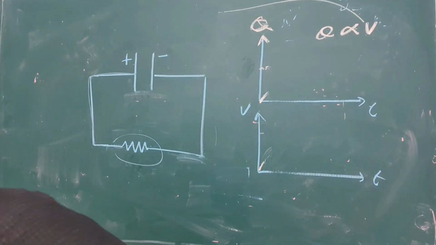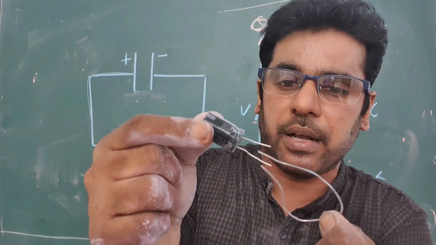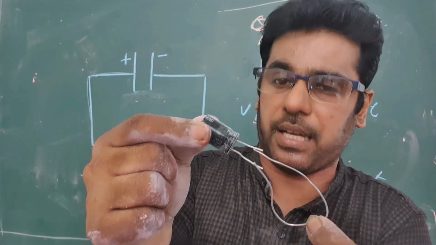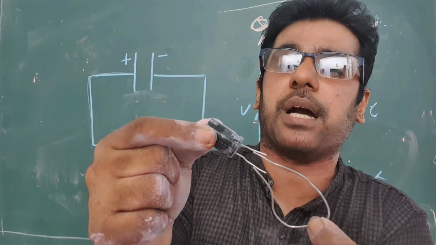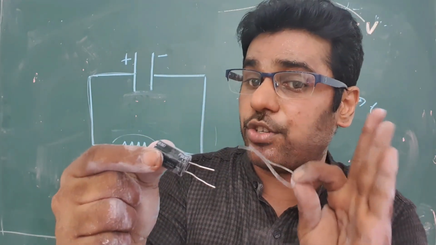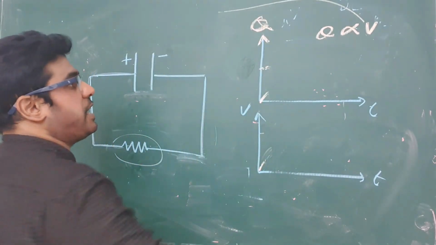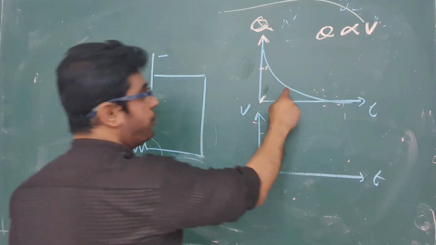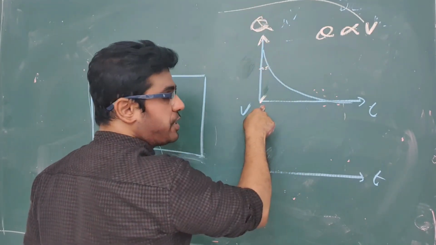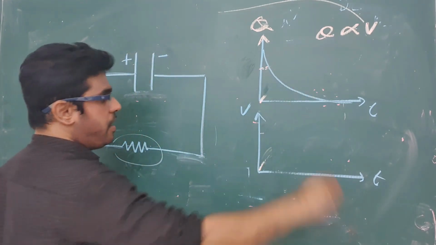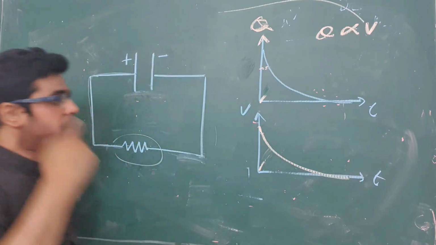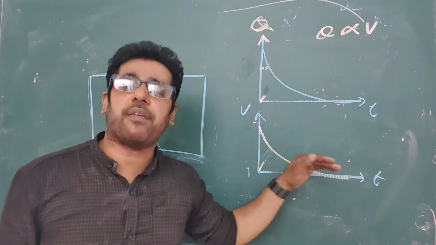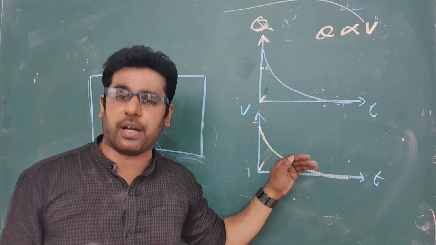But if you connect these 2 points by using a conducting wire, that is not the discharging method of a capacitor, that is a short circuit. At that time total charge becomes zero at once. That is not discharging. Now this is the variation of discharge. Finally charge becomes 0. But if you short circuit, at once it comes 0 or otherwise it burns. Now this is the variation of charge and voltage when we discharge the capacitor. This is the behavior of discharging of a capacitor or condenser.